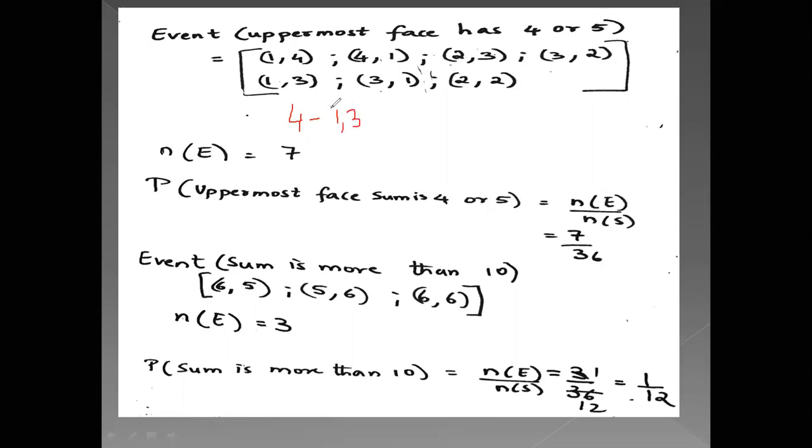So now one condition: same as what you do, reverse the order. So it will be 3, comma 1. Okay, so now you have reversed the order. After that, you go to the next number, that is 2. So what should be the number on the other die? It should be 2. So 2 comma 2. Now you can't have the reverse because it's going to give you the same thing.